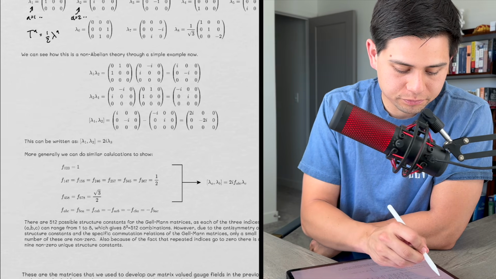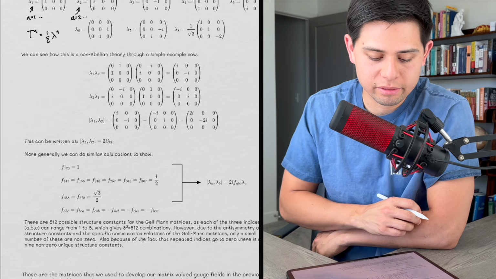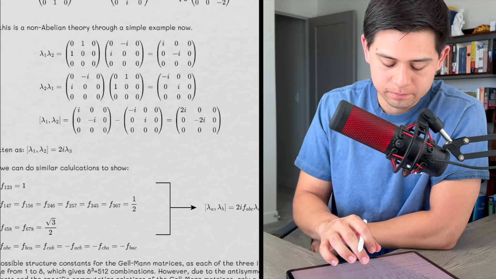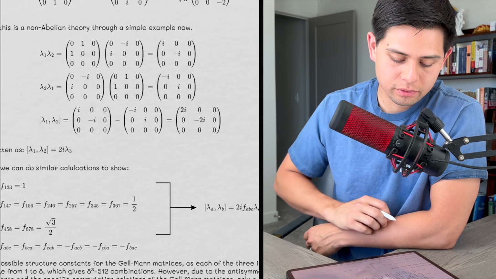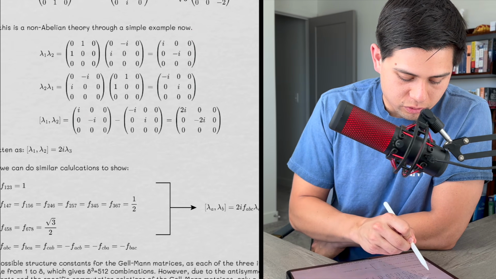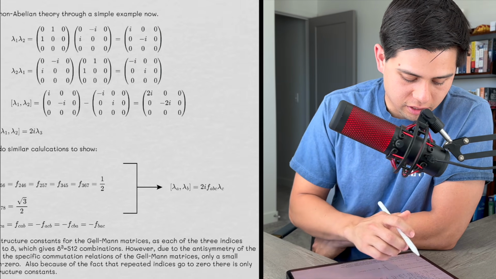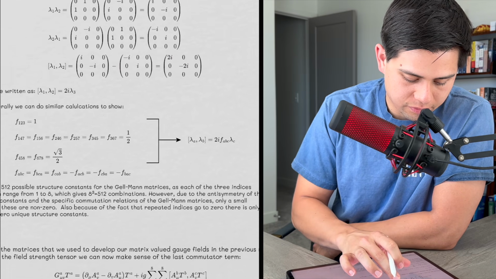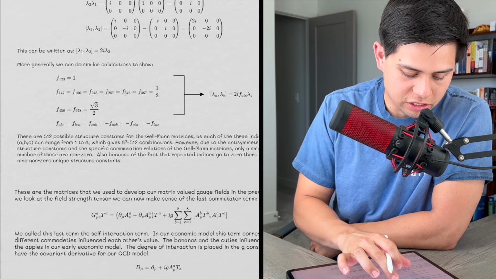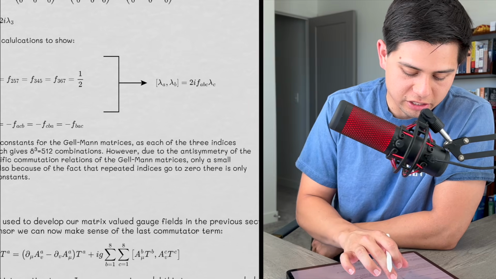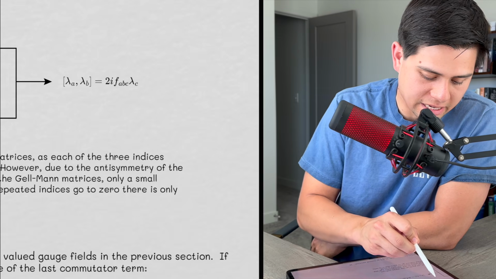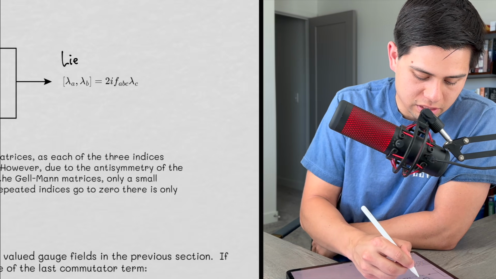But we can see how this is a non-abelian theory through a simple example now. If we take 1 and 2, right, these two guys, we get this guy right here. We do 2 and 1 then. This guy here is right here. And then we take the commutation relationship. We get this, right? And then we get this guy right here. And so more generally, we can do a similar calculation to see that we get these structure constants to maintain this Lie algebra, right? So this is a Lie algebra